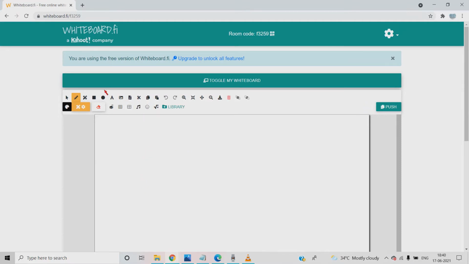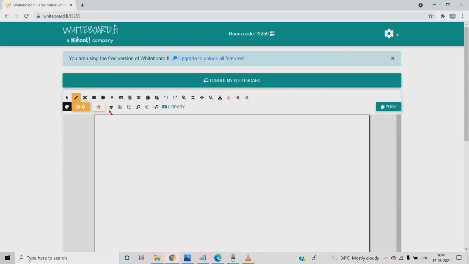Okay, so you can insert a PDF. If you want you can cut, if you want you can copy and paste. All these options are there. If you have made any mistake, you can redo it or go back. Then you can zoom in, zoom out, then you can shake the image. Then you can download it as well. Whatever question you have given, you can download. Then you can delete. Okay, so these are the options here.